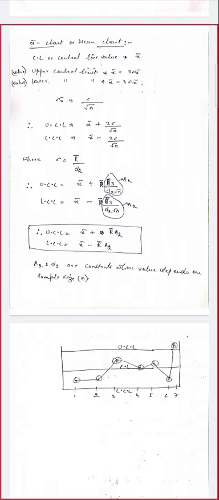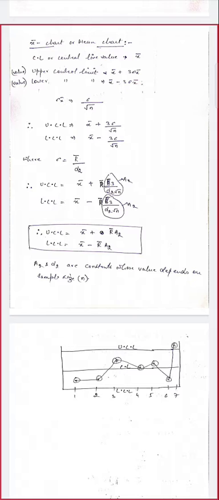For different sample sizes, let us say 2, 3, 4, 5, 6, there is a particular value of A2 and d2. Okay, so you can calculate the upper control limit value and lower control limit value if we know the sigma X bar, or simply if you know the range value. If you know the range value and you know the sample size, you can calculate the value of upper control limit and lower control limit.